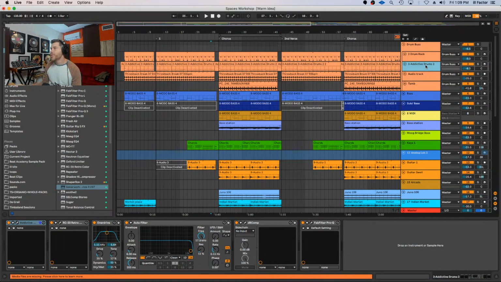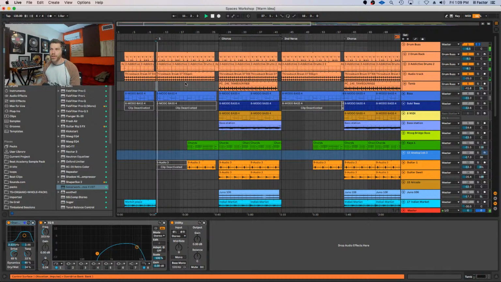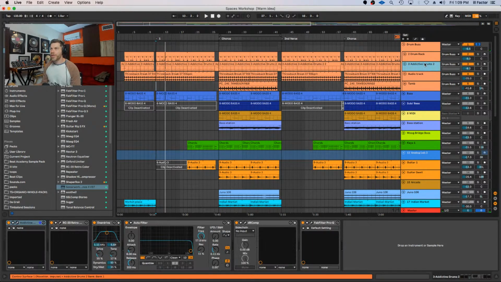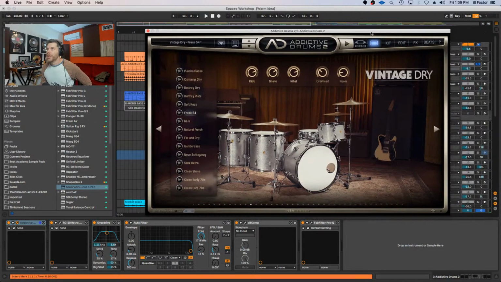So here's two things I want to work on. So let's focus on our drum bus here. Okay, so I've got the drum bus. We'll take it from the verse. So a couple things here that are really distinct. Let's focus in on my main set. And the main core of the sound is really coming from my acoustic drum kit here.